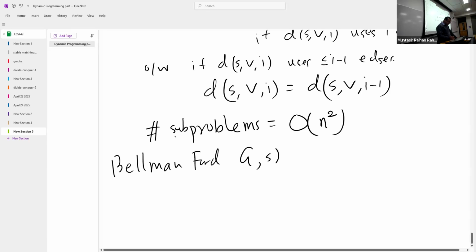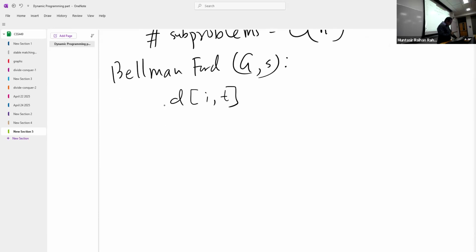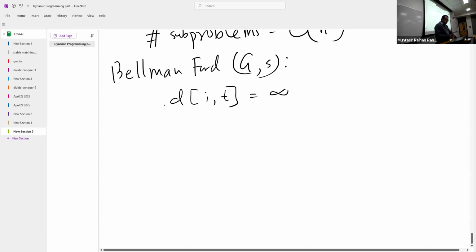Which has a graph and a source, and then we do an initialization. So now we have a table, right? The table has two indexes. One is the hop count, we'll call it I, and another is the destination vertex t, because s is fixed here, so that doesn't count. And then we initially say this is going to be infinity, because we haven't computed any path, just like Dijkstra initially. And then the only case where this is 0 is when